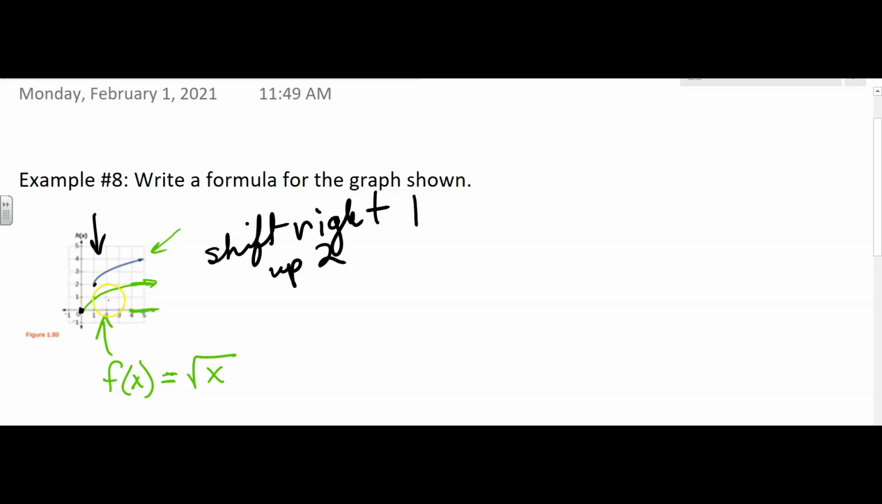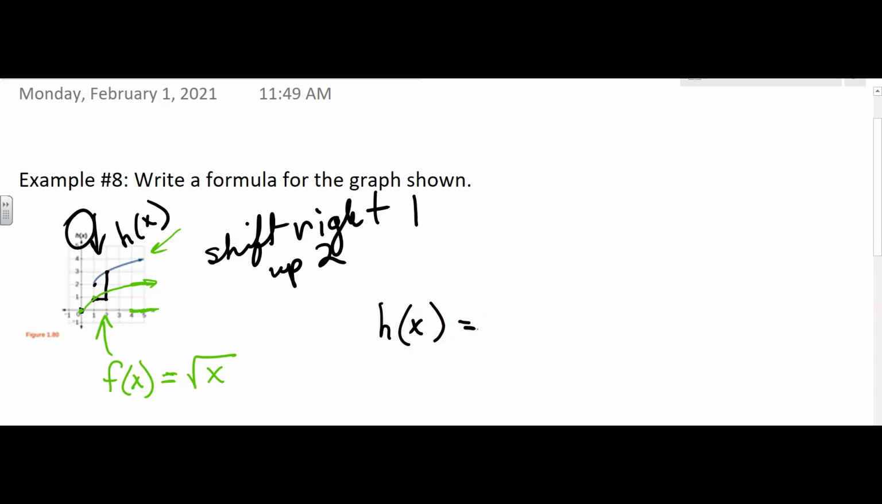You could check another point to see, from this point here, am I going right 1 and up 2? Yep, I am. Okay, so now I have to record that in my new function here. So this is called h of x. How do I know that? It's got the labeling right there. So h of x